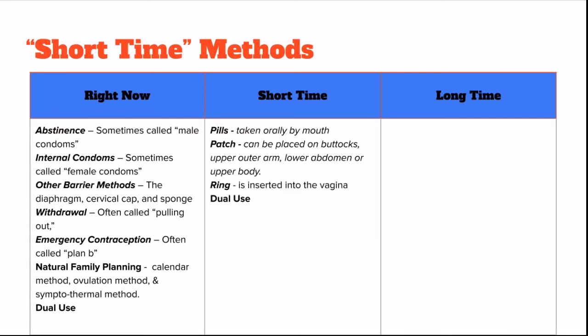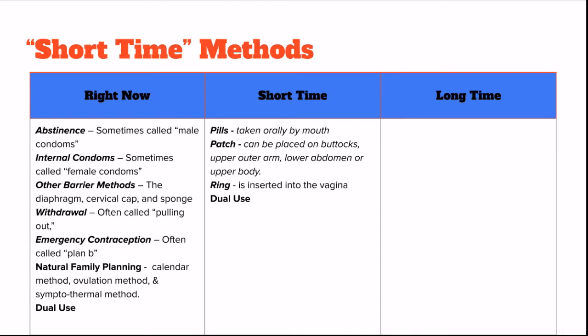Next, we will be covering the birth control methods that protect for a short time. All of these methods contain hormones that are very effective at preventing pregnancy. These are called short-acting methods, and they are available for you to get at a sexual health clinic. None of these methods in this column are efficient at protecting against STDs.